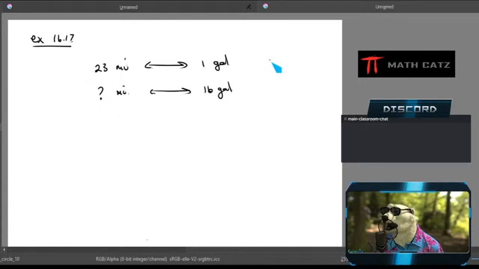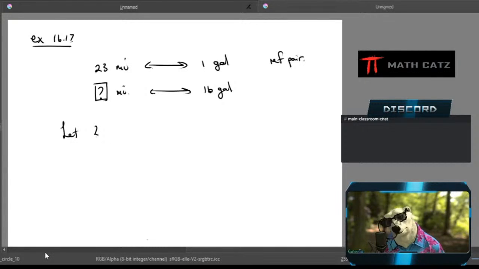So when it comes to ratio equations, I just need to find these pairs. One of them is what I'll call my reference pair. They need to give me some information of how these two units are related, 23 to 1. And then the pair that has one of them missing, and that's the one I want to find. So that means I'm going to say